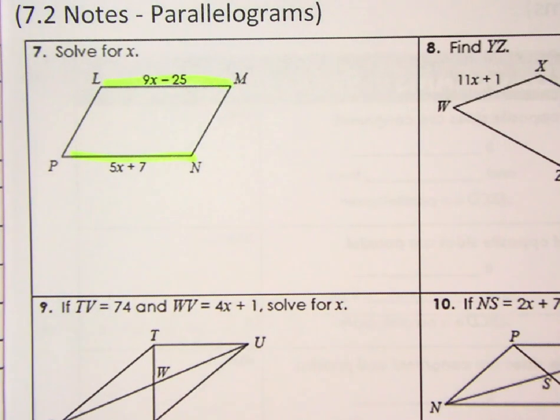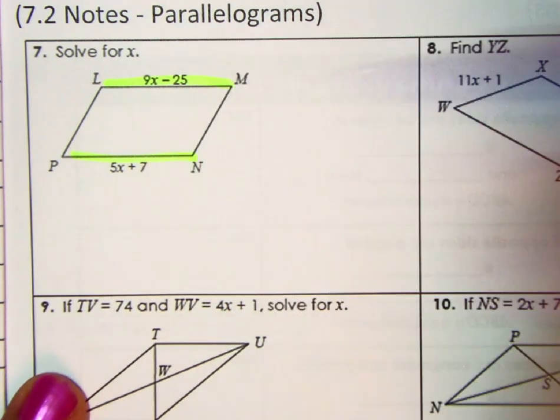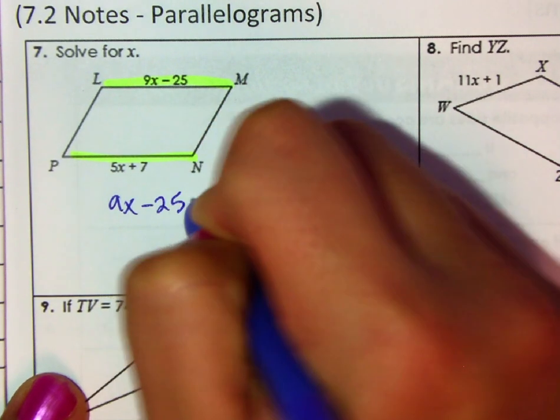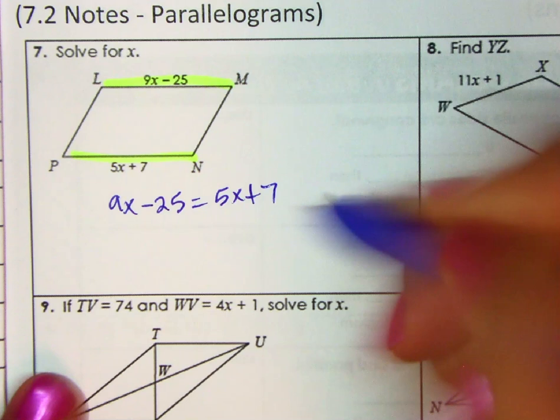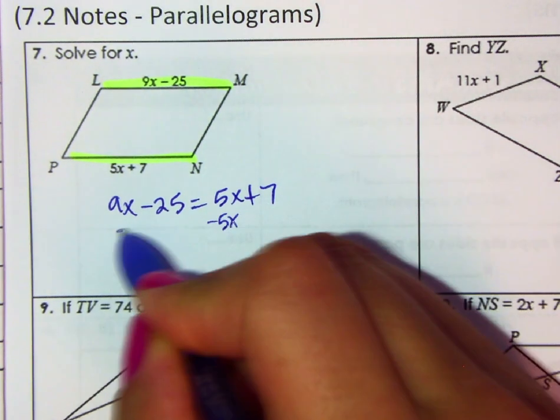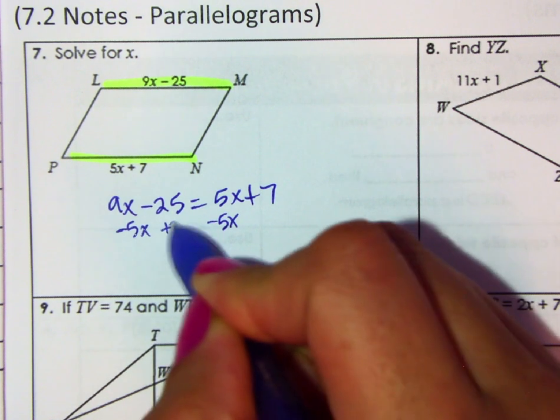So based on our relationship with that is that these two sides are congruent. So you're going to write the equation of 9x minus 25 equals 5x plus 7. And then you solve for x. So you move x's to one side, constants to another,